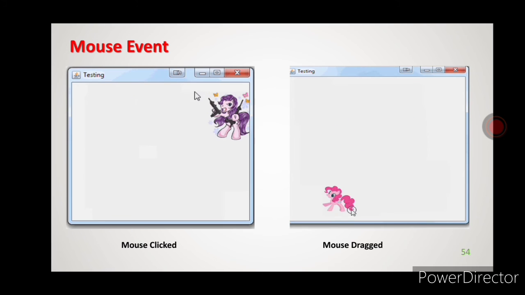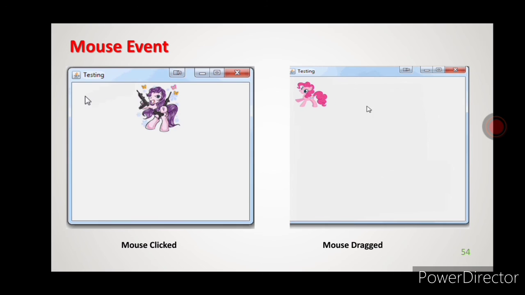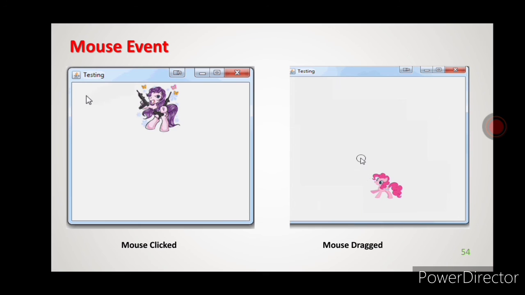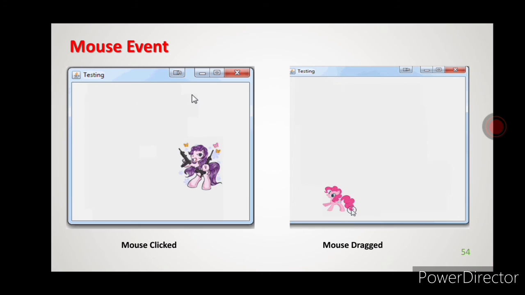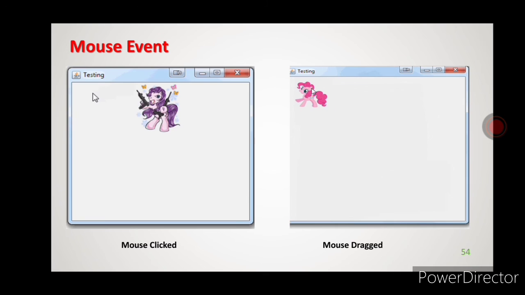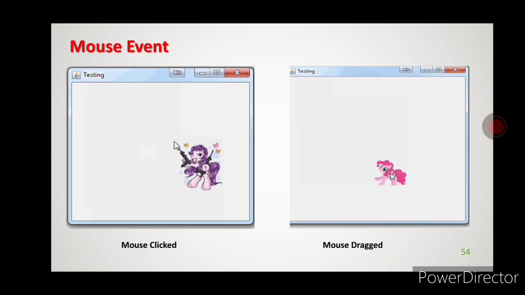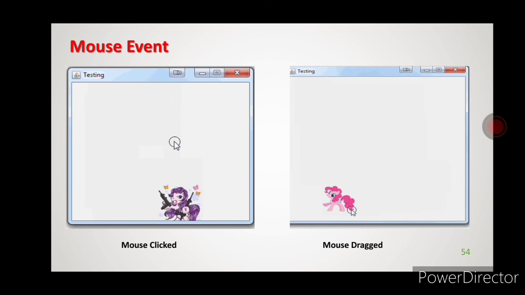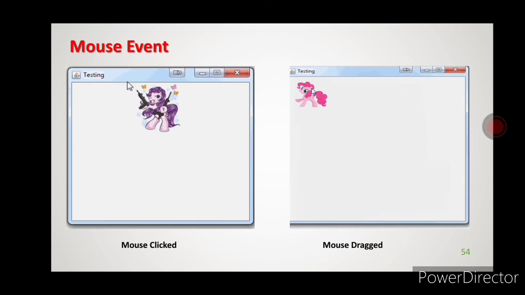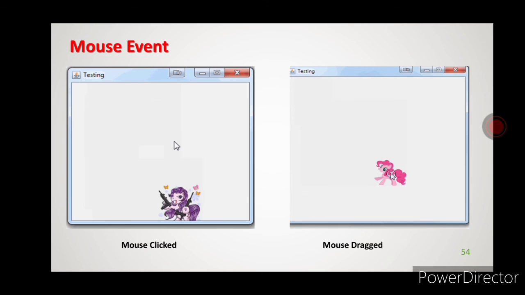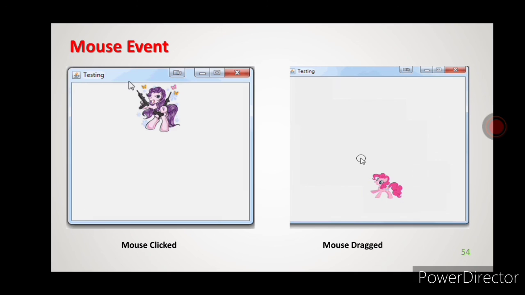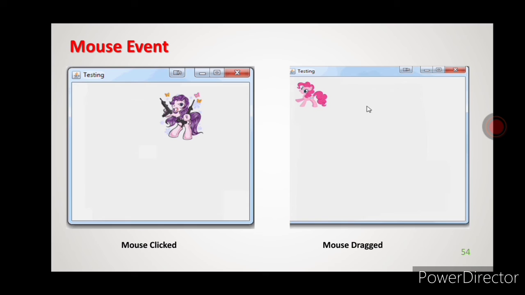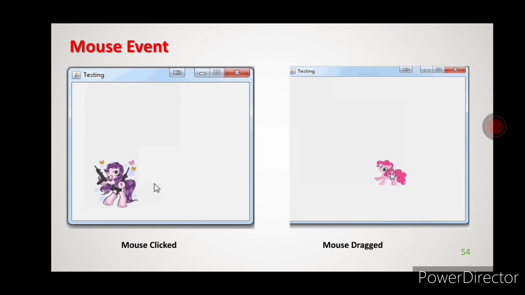Okay. getLocationOnScreen means with respect to the computer screen, what is the x value and y coordinate value it will return. getPoint means it will return the x and y coordinate of the mouse at which the event was generated. See in the first image, in that window the event is generating. He is clicking the mouse in that window. With respect to that window, the x coordinate and y coordinate value it will return in the case of the getPoint method.